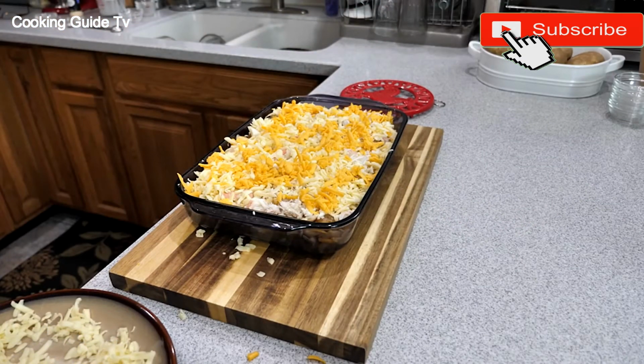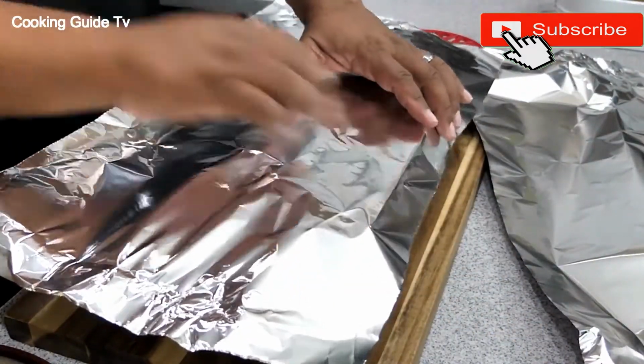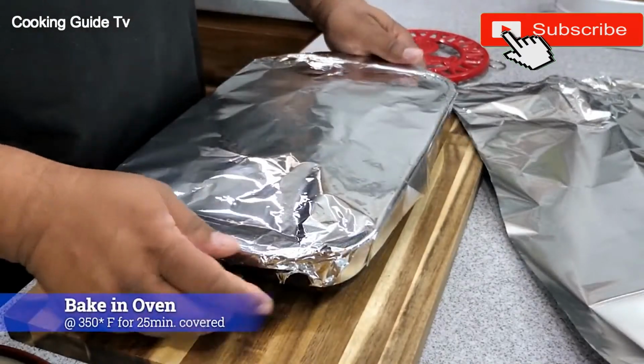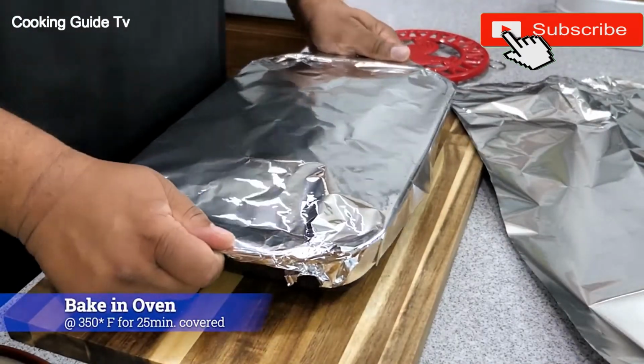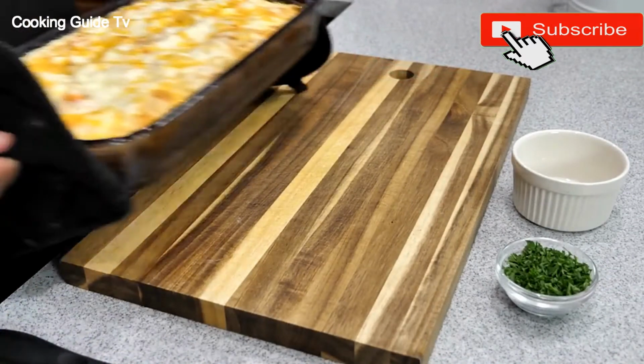Hey, super easy, y'all. I don't know what the mystery is. It's really all in the cheese sauce. Other than that, it's pretty much self-explanatory. If you know how to make macaroni and cheese, which happens to be the easiest. Now, you want to put it in the oven at 350 degrees for 25